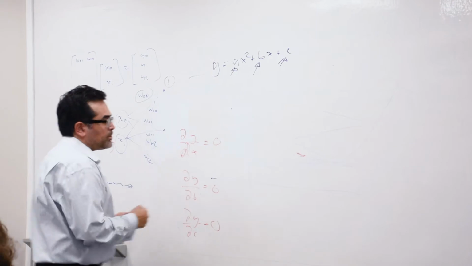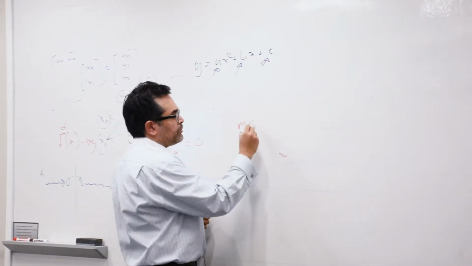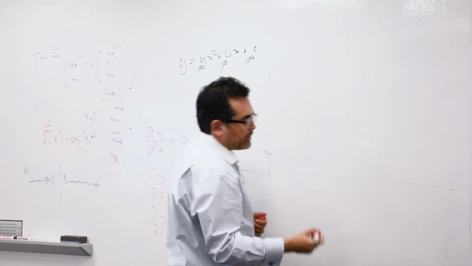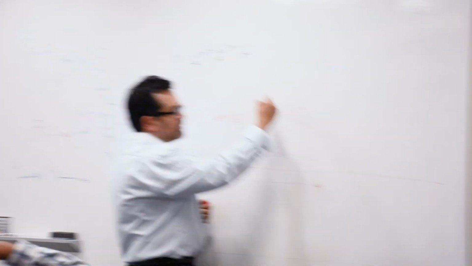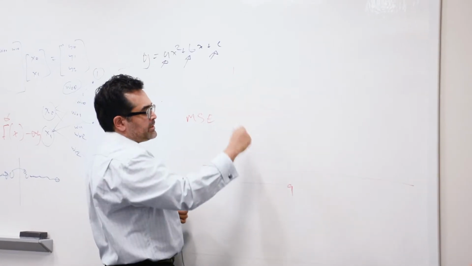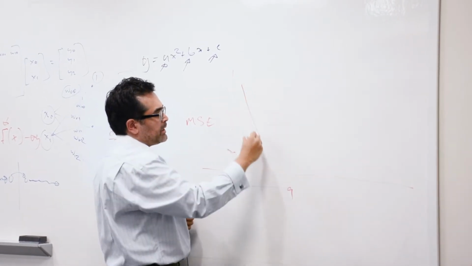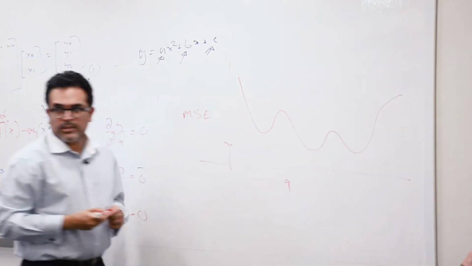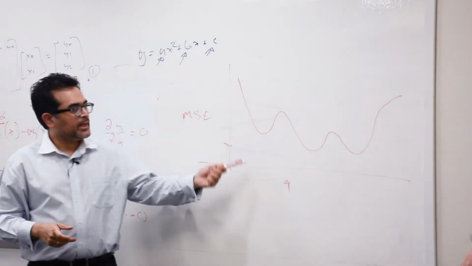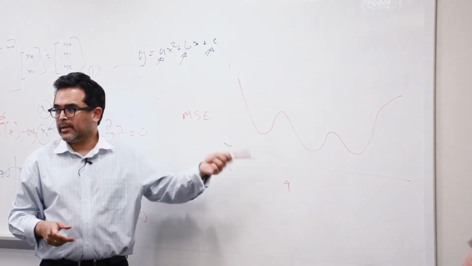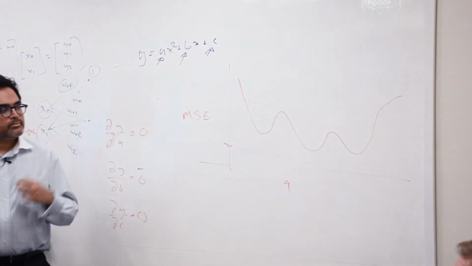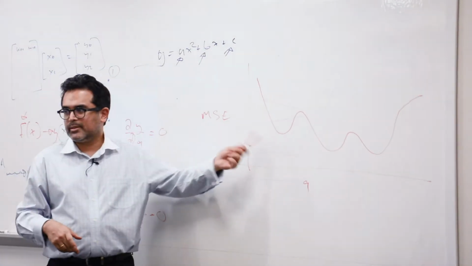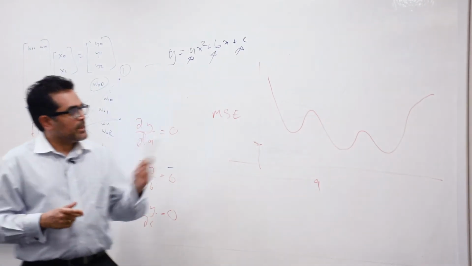So suppose, for example, I have the MSE and I have some parameter that I'm varying, let's say a. Then what will happen is that with different values of a, I could get a curve like this, right? So what that basically means is that as I fluctuate a, I get different error outputs. The reality is that it's multiple dimensions. I'm just showing you one dimension, pretending that it's just one value. So as I move along this curve,